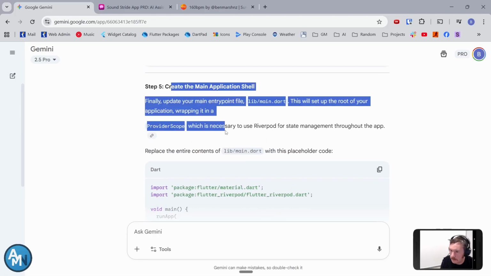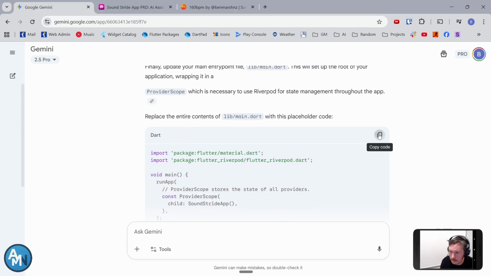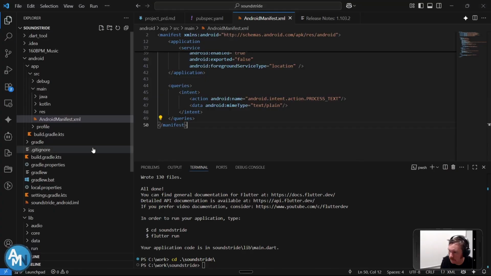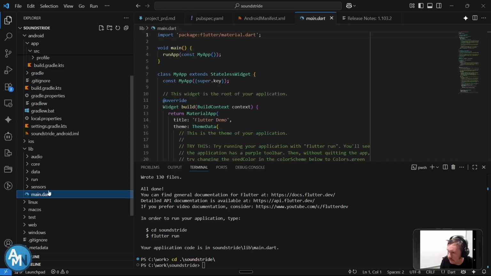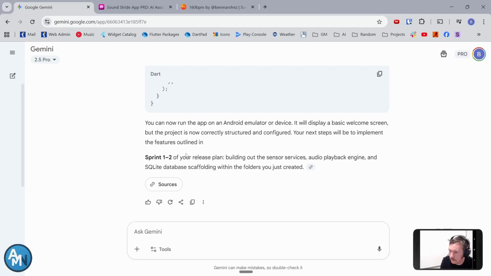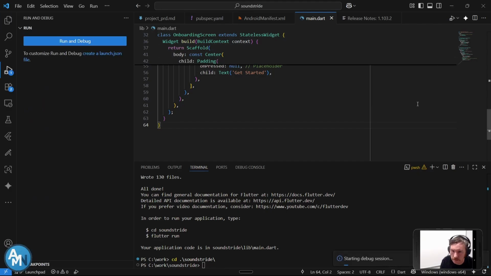Okay, and then we're going to update our main file with this starting copy. So go to our main.dart, replace it with our new placeholder. Run pub get. There we go. So now we should be able to